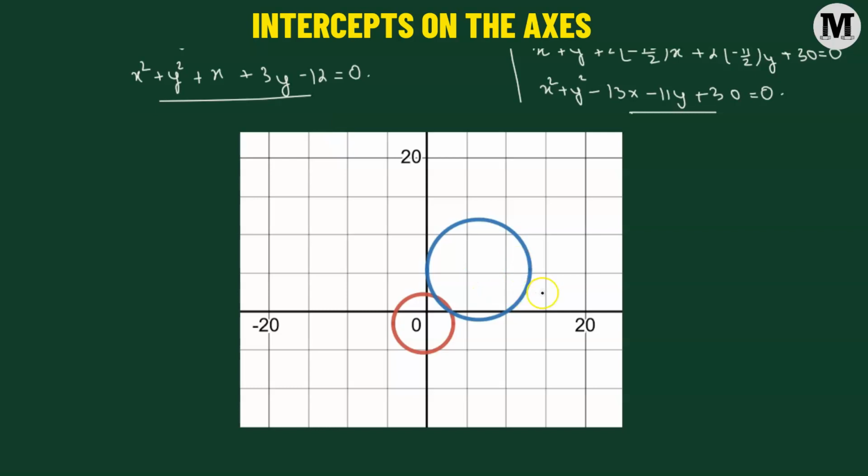So here I've used Desmos to plot the graph of the two circles. The red circle is denoted by this particular equation, and we have the other equation which is denoted by the blue circle, and we can observe here that both of them have an x-intercept. So this is the x-intercept of the red circle, that's 7 units, and the x-intercept of the blue circle is also 7 units, and both of them pass through the points. One is going to pass through the point 3, 0, and the other one is going to pass through the point 1,